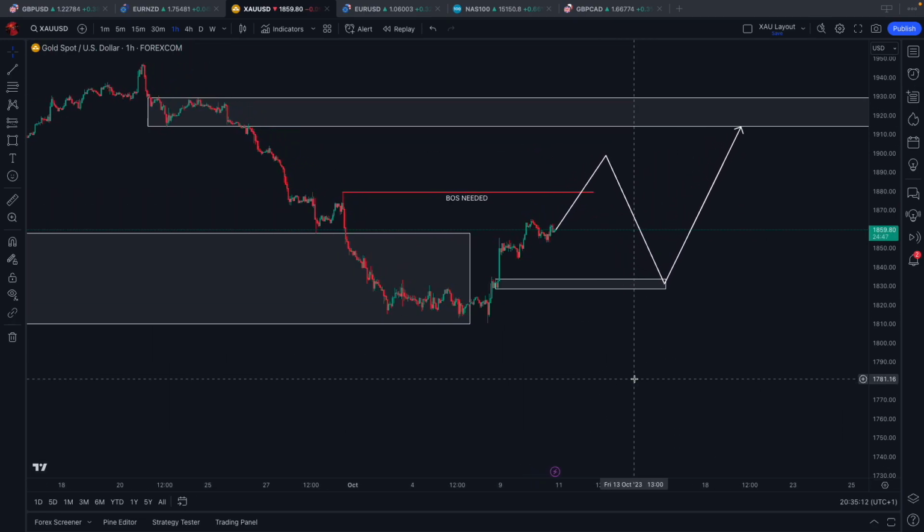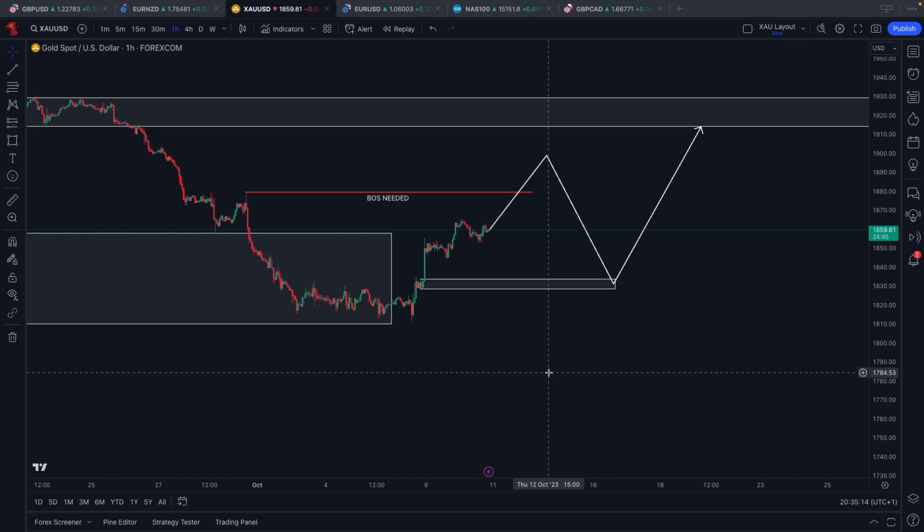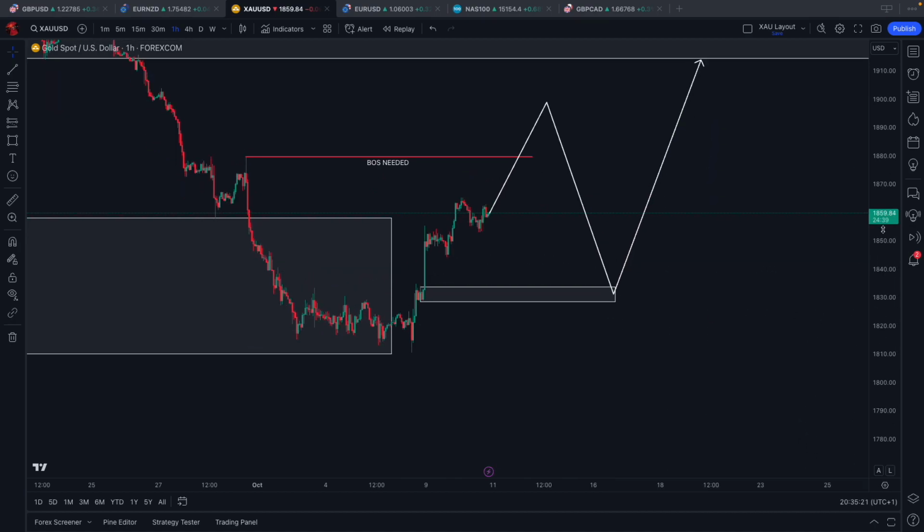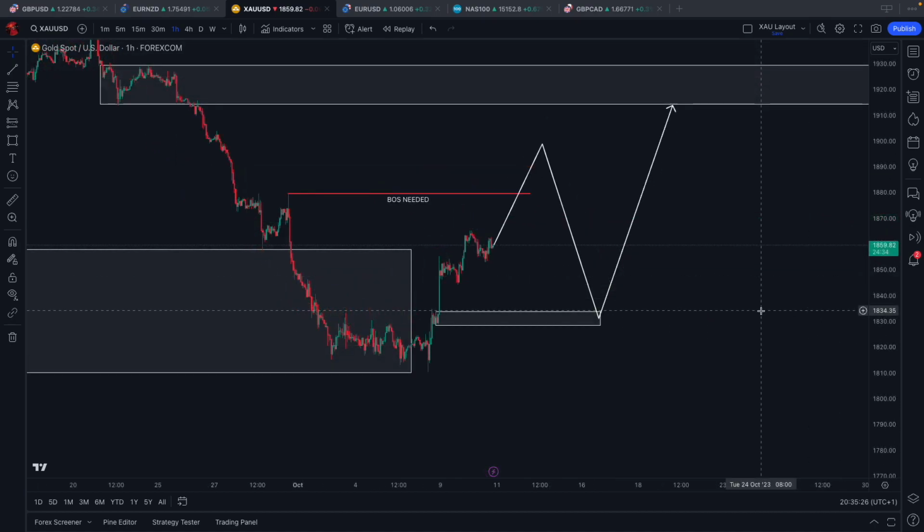That's not a problem. But for this coming week, I will definitely be looking to go long in this market, just finding areas of demand to actually trade this market in a bullish way. And again, this falls in line with our higher time frame bias and the higher time frame prevailing trend, which is suggesting to us that this is a bullish market. So by us getting involved in buy positions, we are actually being more safe as we are trading with the